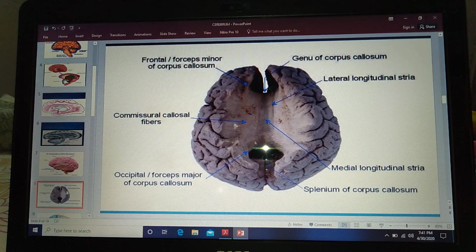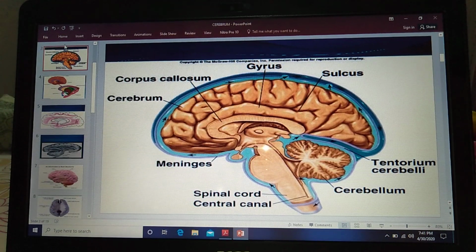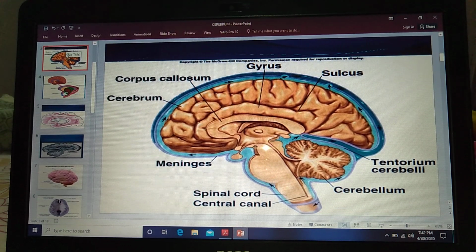Now as we have learned the different parts of the brain previously, they all had their cavities, right? Similarly, cerebrum also has its cavity in the form of the lateral ventricle. Here it is not shown in the diagram, but yes, each cerebral hemisphere has its own cavity that is called the lateral ventricle. That also we are going to learn as a separate topic. The surface area of the cerebrum is around 2000 square centimeters.